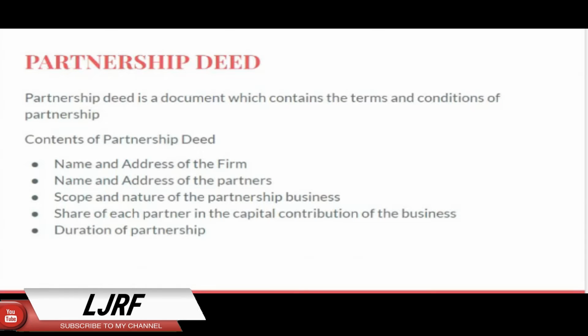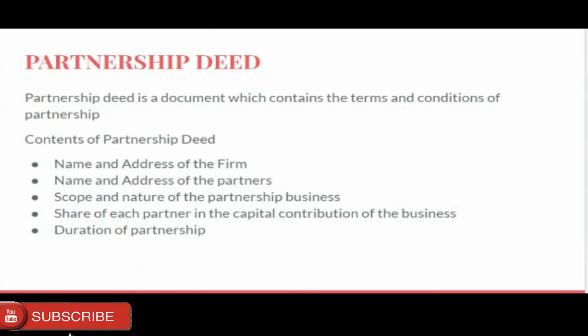Now, the basic document which contains the terms and conditions of a partnership is the partnership deed. It is a basic document which contains the elements, or what all things are needed in a partnership firm. The contents of a partnership deed are the name and address of the firm, the name